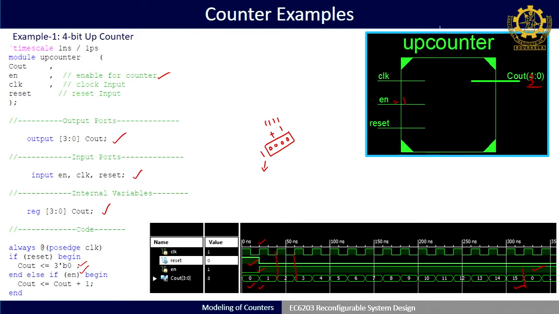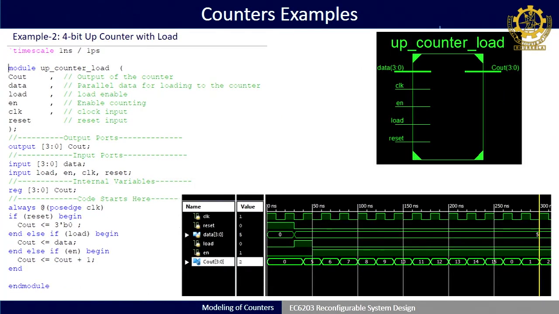So this is about a 4-bit up counter. You can take 4 bit, 8 bit, 16 bit, whatever your application requires. A higher number of bits gives you more range for counting, or for finding the time between two intervals.